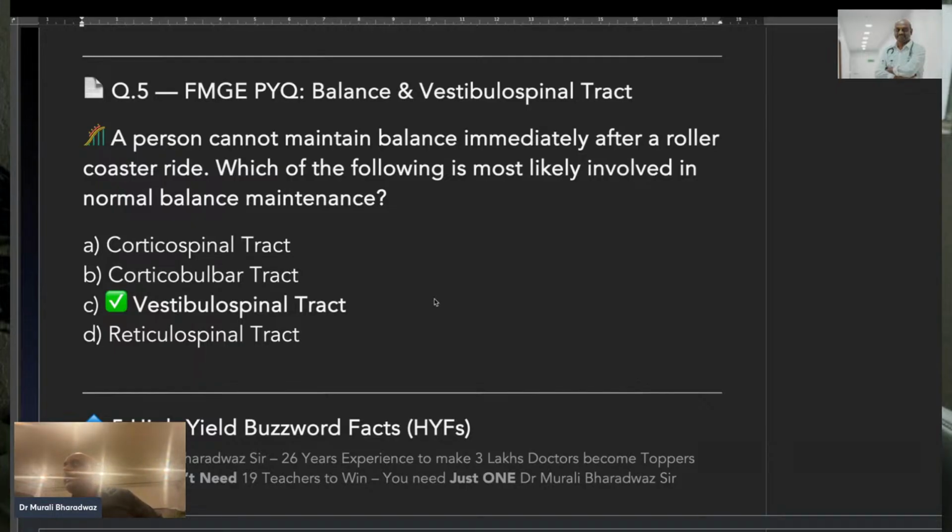The anterior horn cell is also under the control of some pathways which are called extrapyramidal pathways. What are they? 4 pathways. Somebody? Vestibulospinal, reticulospinal,